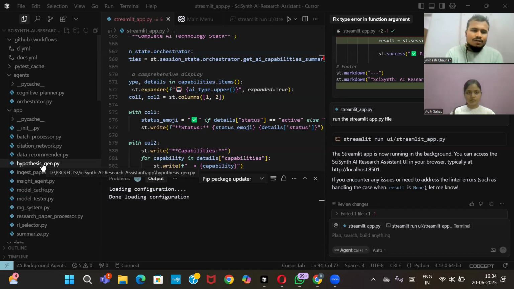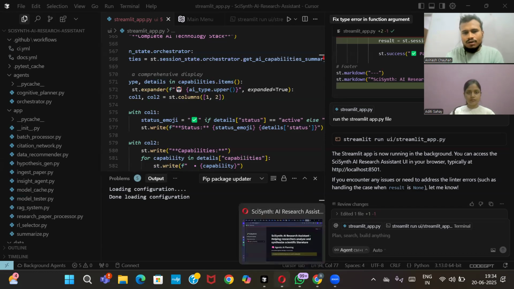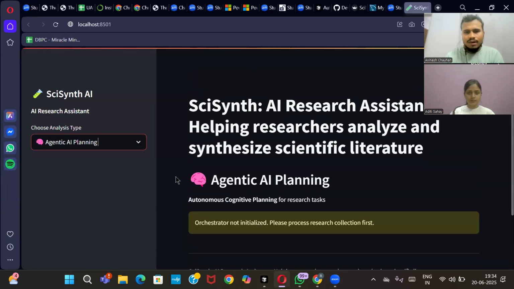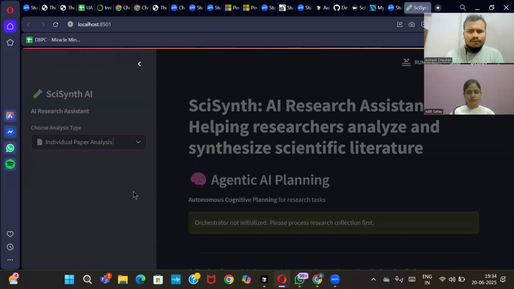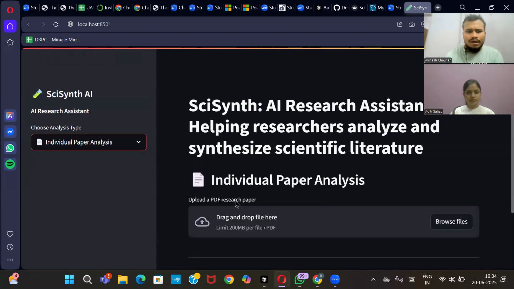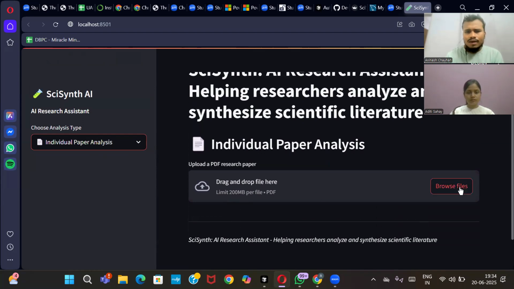But we want the engine, we want everything, so that it can run smoothly. It's just moving now. If we are on a slope, it will move; if you are on flat ground, it will not move. But I've attached the wheel, and the rest of the things need to be attached. So for example, if I use this, you can see here my Streamlit UI will look somewhat like this. If I click on individual paper analysis, and browse the files,